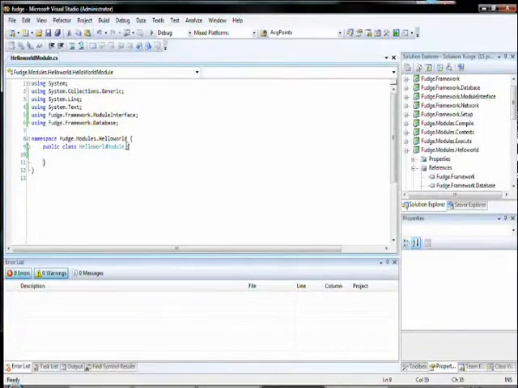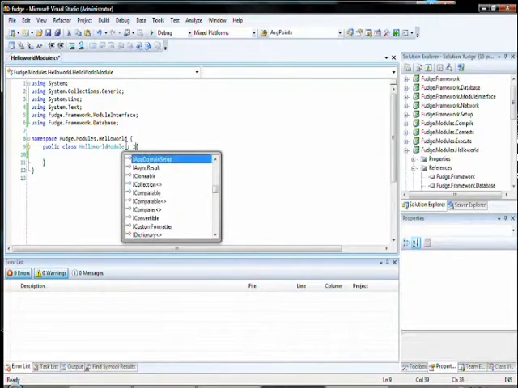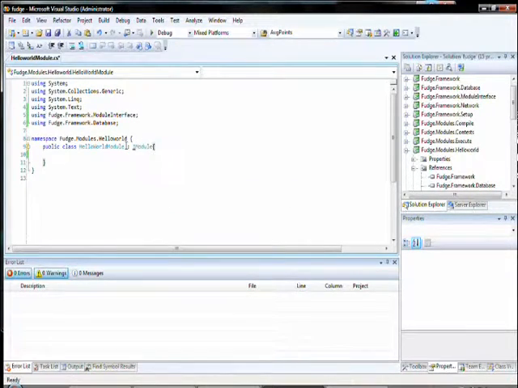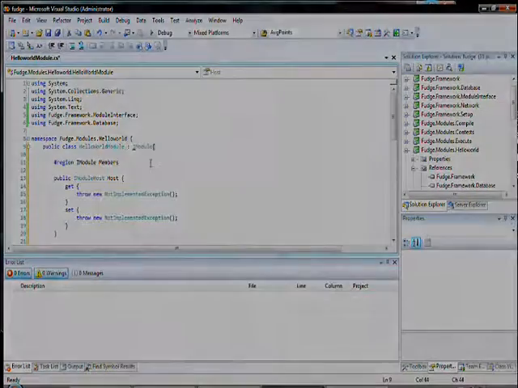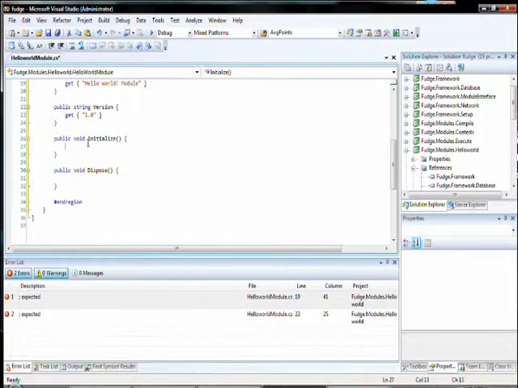We want to make use of the iModule interface that is common to all modules loaded on Fudge. So we can implement that interface. So what we want to do is we want to